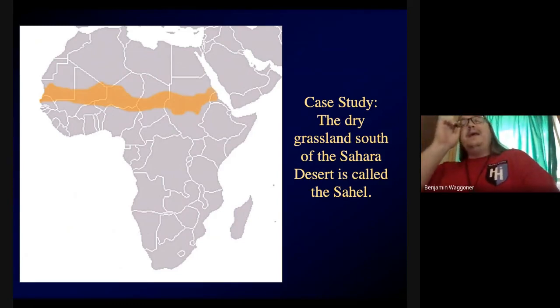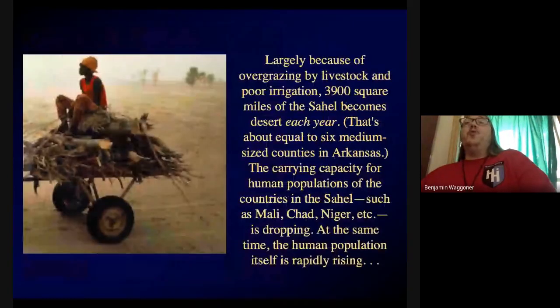Now, people can make a living in the Sahel. It's dry, but there's enough grass that you can feed goats and things like that. And traditionally, people living in the Sahel have been herders. The problem is that because of poor irrigation and also livestock overgrazing, too many goats and sheep and cows coming in and eating the grass,